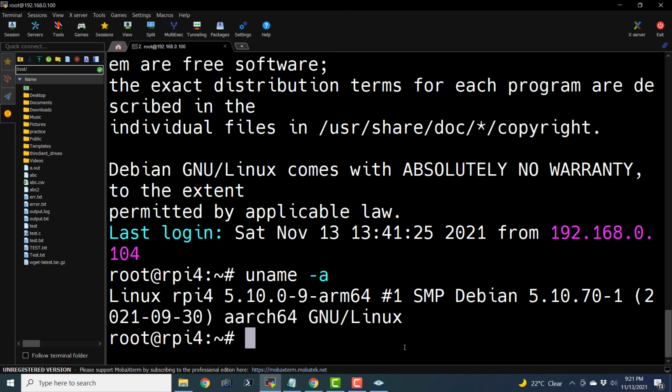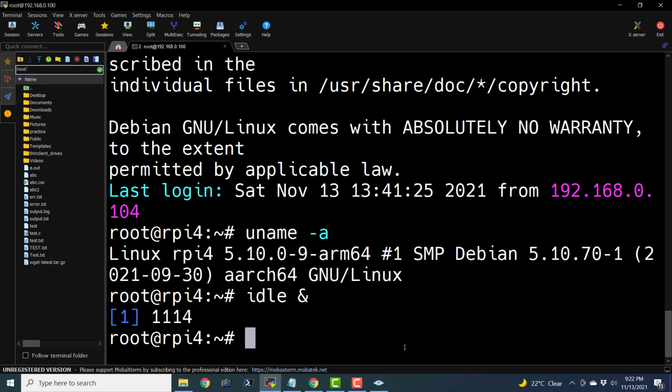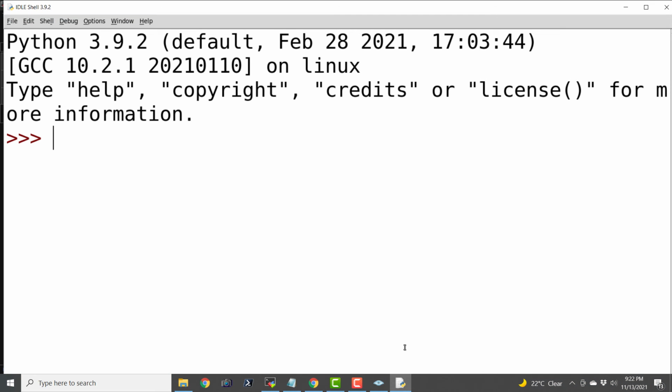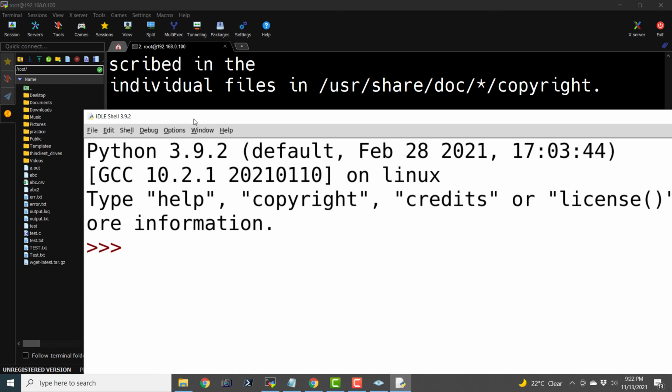Now we know that we can invoke idle, and if I hit enter, it is going to launch idle on this remote machine, and we will have the access of the idle running in that Raspberry Pi here on our desktop. So this program, this IDLE shell 3.9.2, is not running on my local computer.